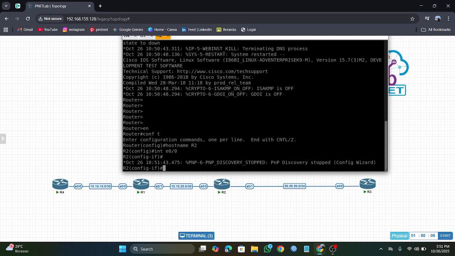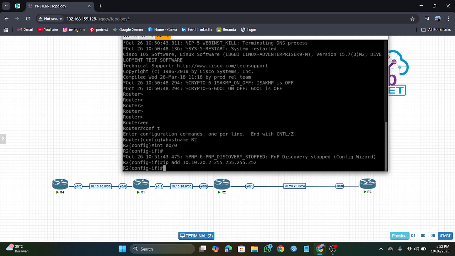you type IP address and subnet mask 255.255.255.252.